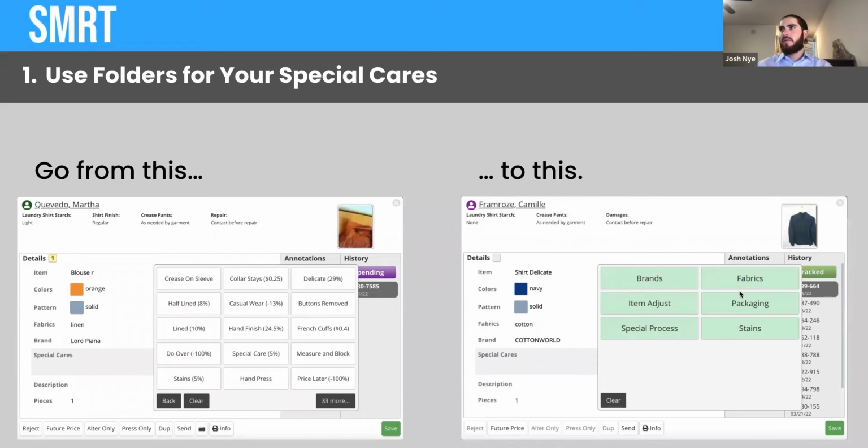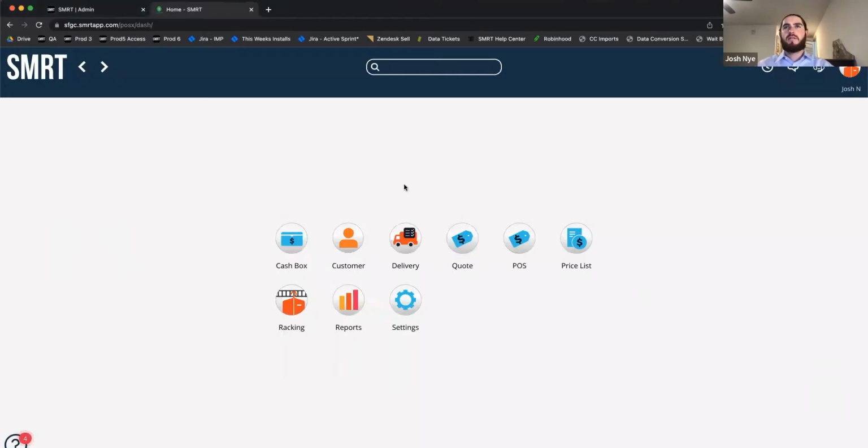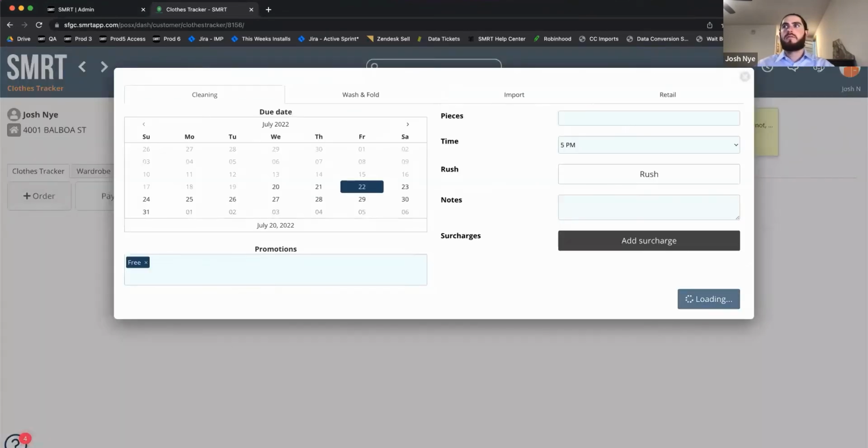By organizing them into folders like this, you get a much more seamless use of those upcharges, and the correct upcharges get used more often. So let me show you how you do that. This is our cleaner in San Francisco that I'm working on. If I go to my account and I make a new order,